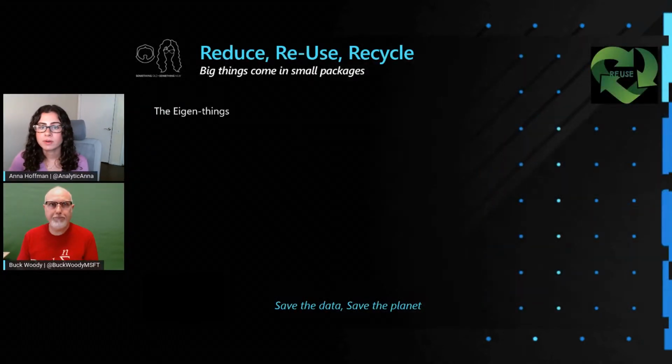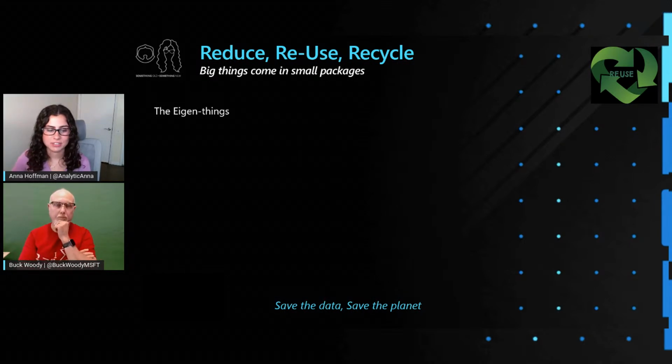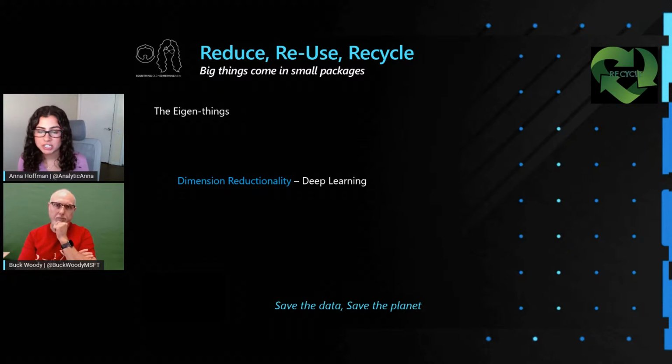Definitely. Yep. Now, as we move forward, I did want to talk about this reduce, reuse, recycle thing you talked about, as well as eigenvalues and eigenvectors. And I think the biggest reason you would go towards these is for dimensionality reduction. Where you put the "ality" is kind of up to you. They're made up words. But this is really important because we've seen, Buck was talking about some examples where you have a bunch of the same number,